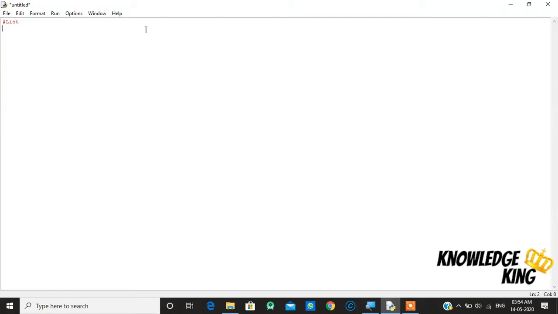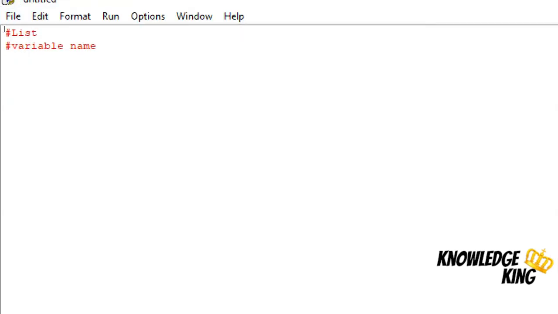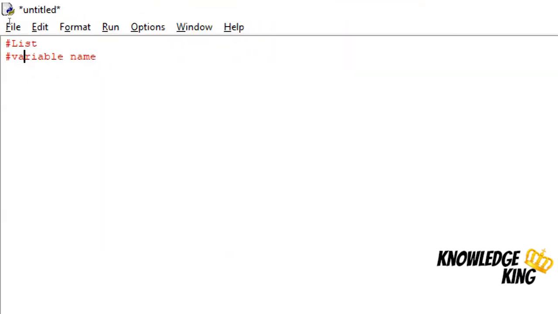For example, to create a list, I'll write some variable name equal to, within open close brackets we need to write items, item 1, item 2 and so on. List is an ordered sequence of values, means